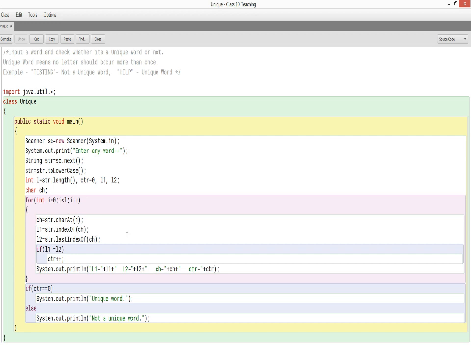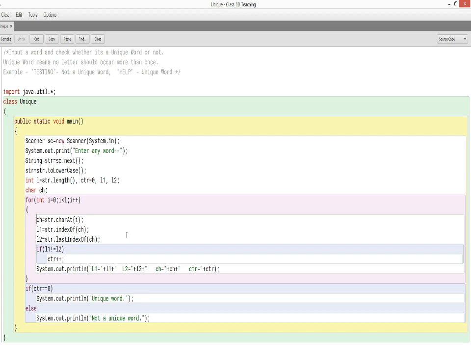So the first letter will come out, and then str.indexOf(ch) means that particular letter's first occurrence position will be returned and stored into the variable L1. Exactly in the next one, str.lastIndexOf(ch) will return the last occurrence or last position of the letter and store it into L2.